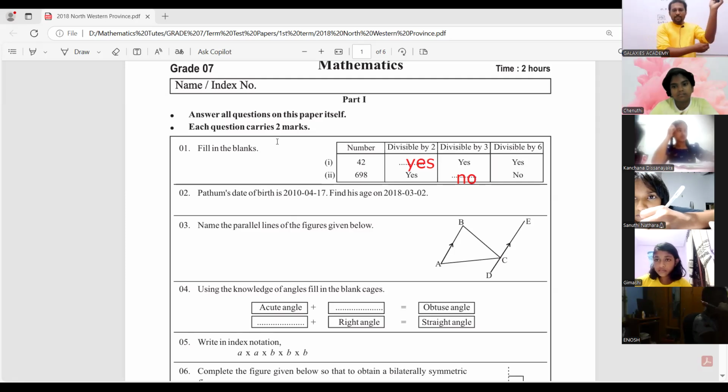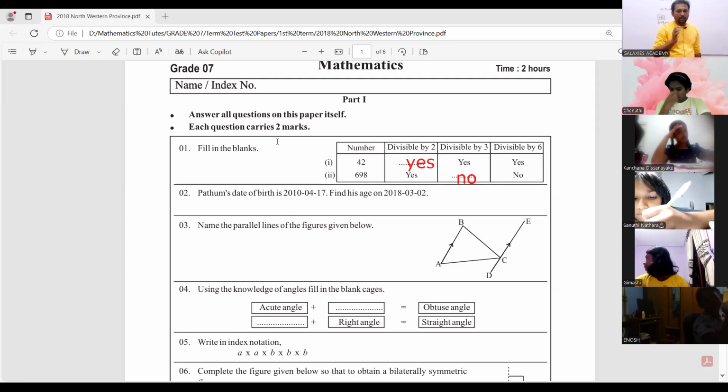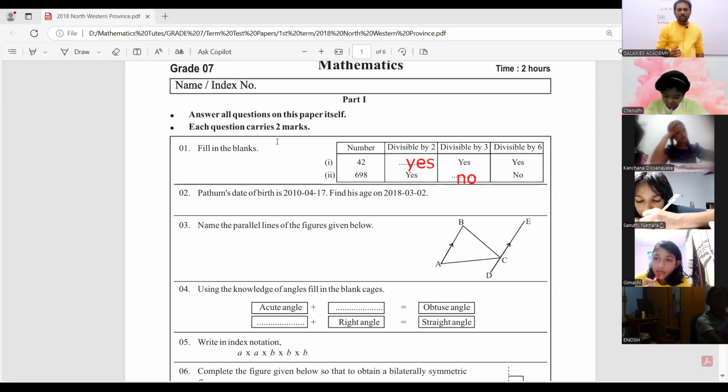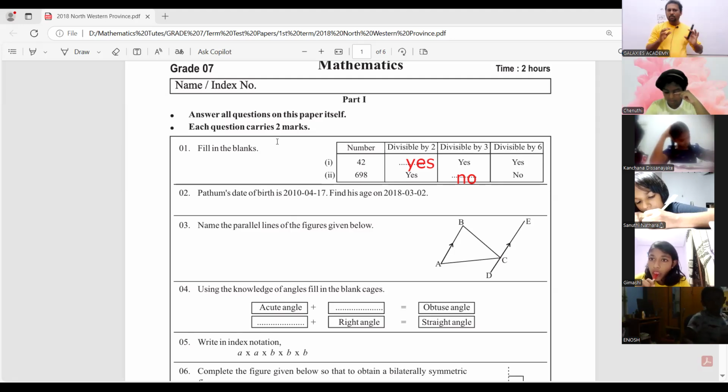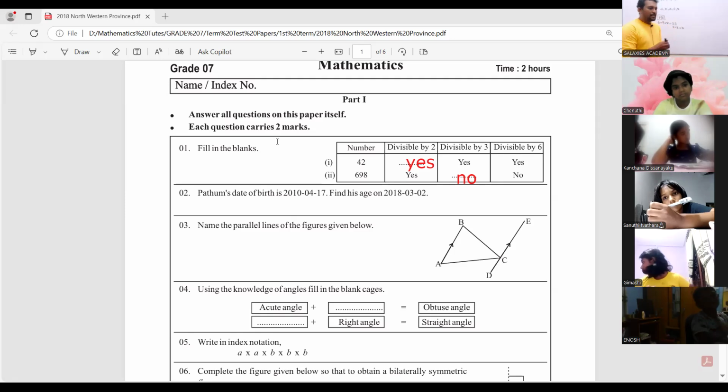Okay, then let's go to the second one. Pathum's date of birth is 2010, the month is 4, April 17. Find his age on 2018, 2nd of March. You have to find the age. How can you find the age? You have to subtract these two dates. First, you have to write